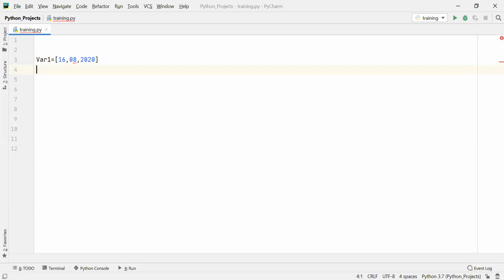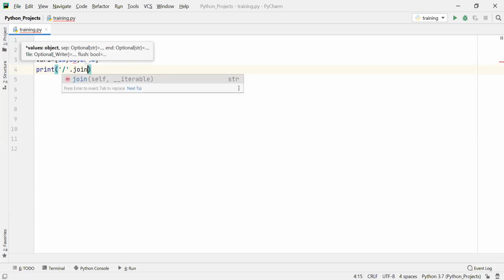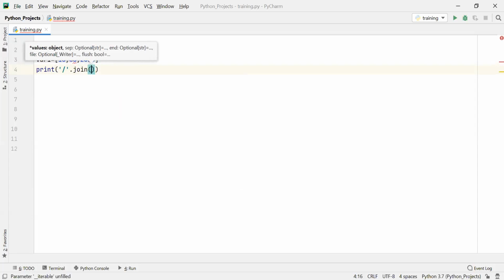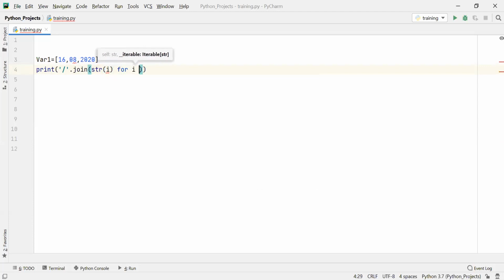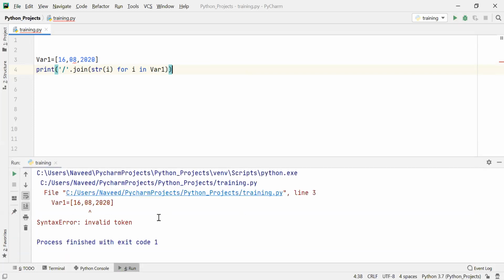I simply need to write print, then a forward slash dot join. Then I need to convert each item into a string first, because join works on strings: str(i) for i in var1. That's it. Let me execute this. You can see that somewhere I made a mistake.